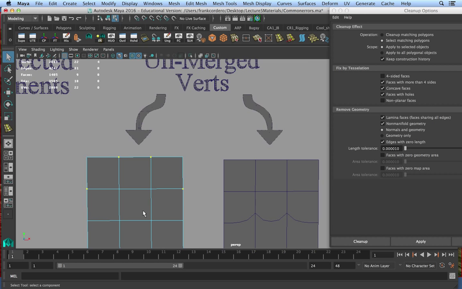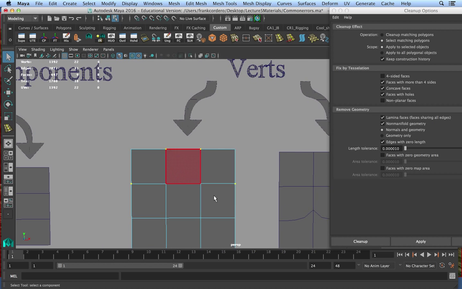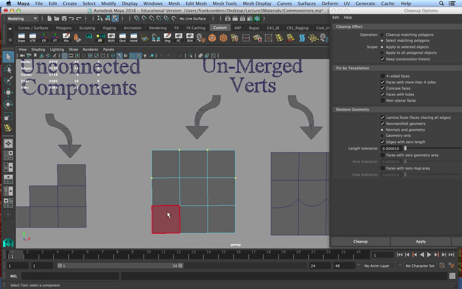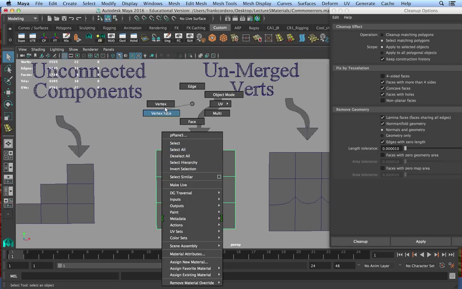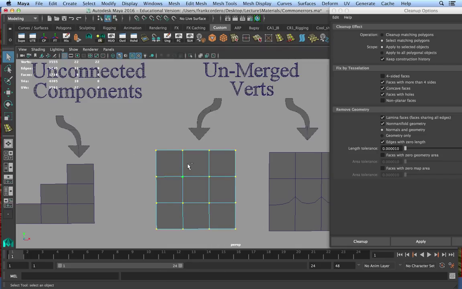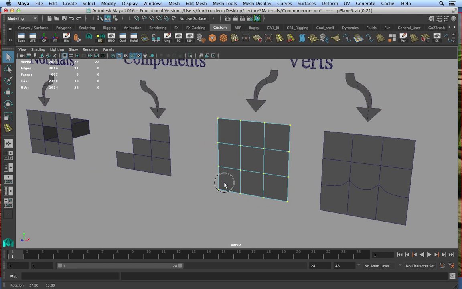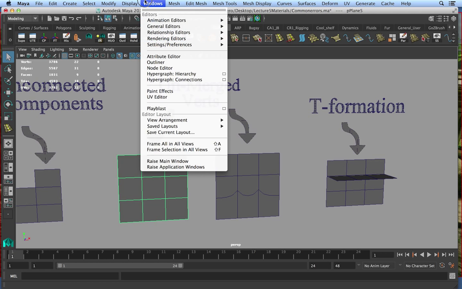All right? So again, if I run the tool, hit apply, it's going to highlight the areas where there's non-manifold geometry. And here, these are unconnected components in the form of unmerged verts, which explains why the Insert Edge Loop tool did not work here. So the fix is very similar to other fixes that we've done. We go over here, select all the verts, and we merge them, and it'll only merge the verts that are right on top of each other within that threshold. Hit apply,